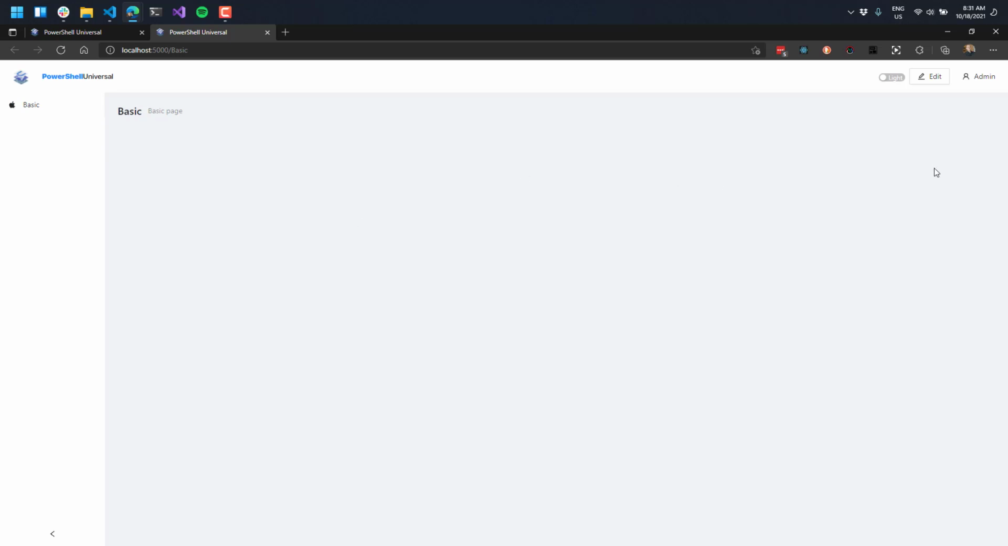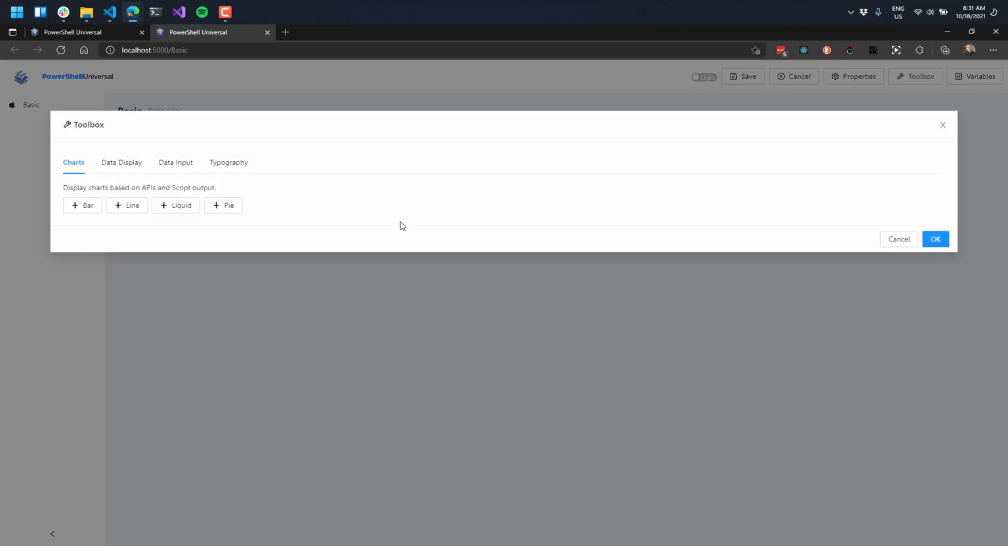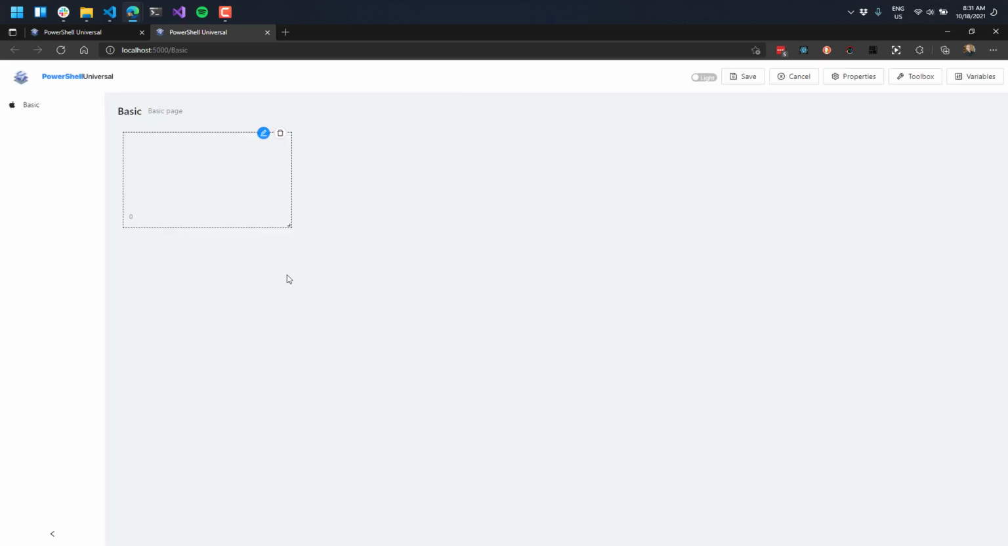So let's go ahead and add some components to this page. When you click Toolbox, it's actually going to pop up the toolbox, and we have several different types of components that we can insert. We have charts, data display components like alerts, images, and tables, data input like buttons and forms, and then various types of typography like paragraphs and titles. So let's actually go ahead and insert a bar chart. So just click the bar button here to insert a new bar chart, and you're going to see that appear on the pages kind of like editor